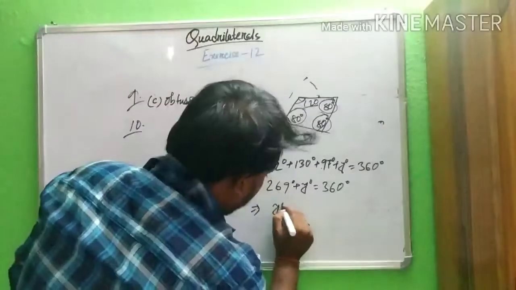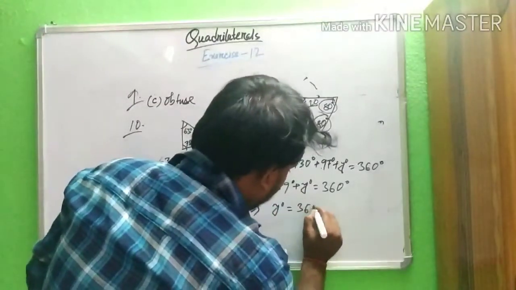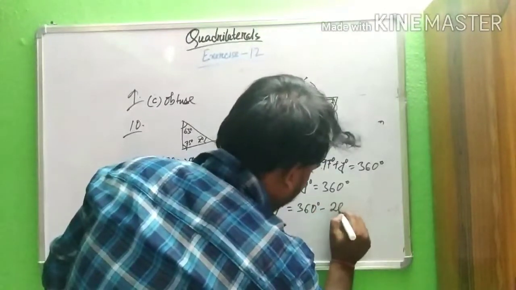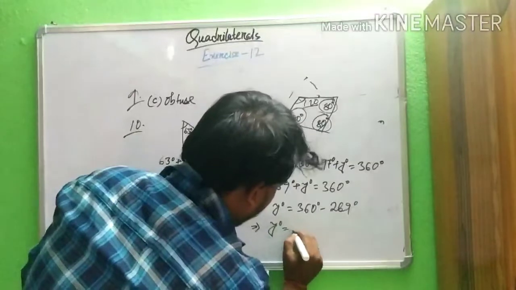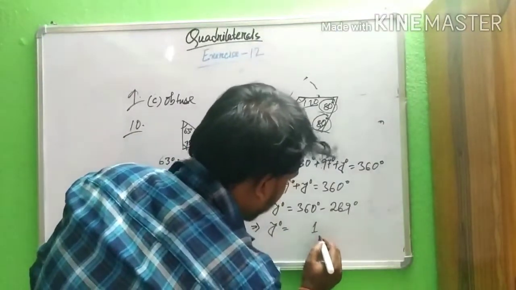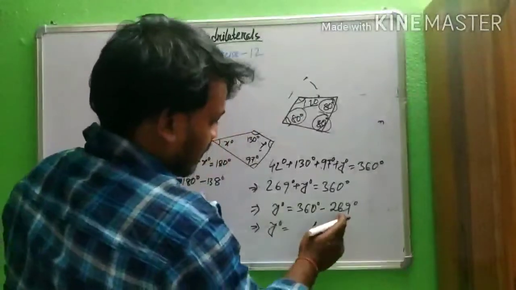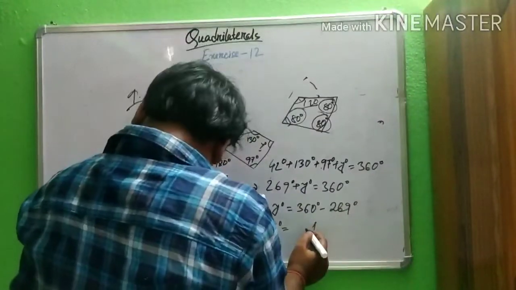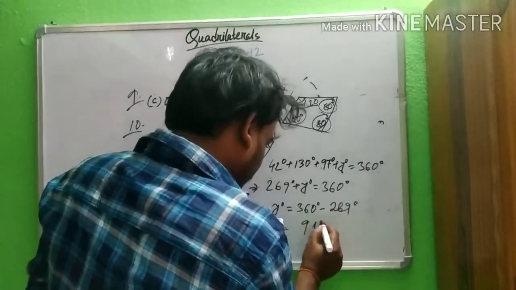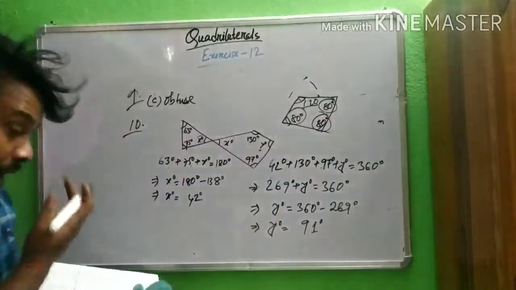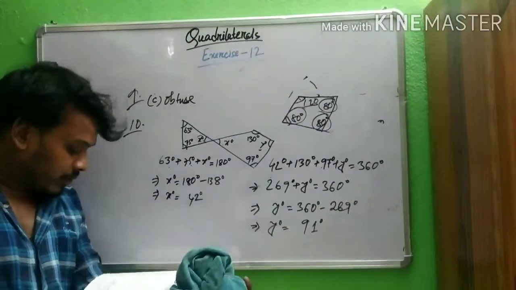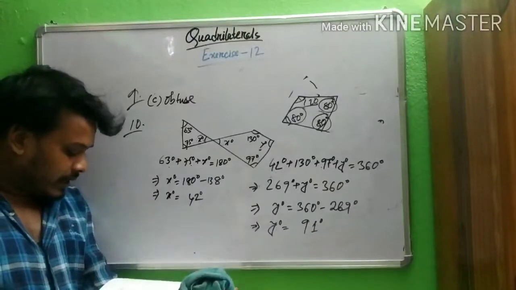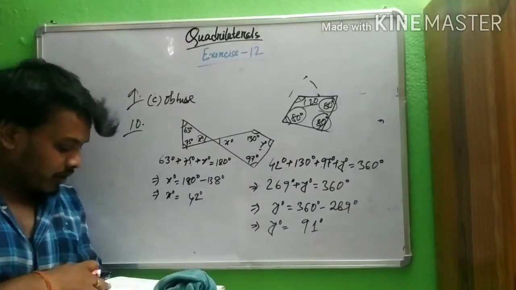So Y degree equals 360 degrees minus 269 degrees, which is 91 degrees. So the value of Y is 91, but in the question it is logically not correct, because here